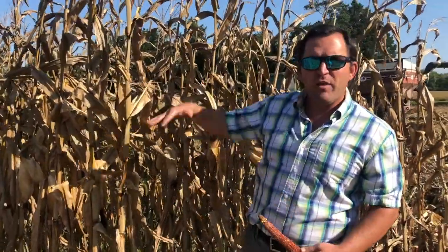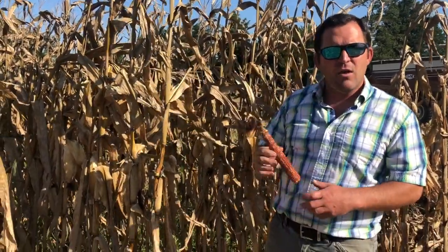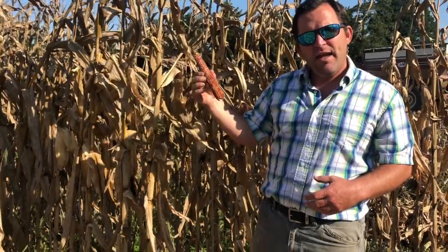So corn plants are a lot different than the soybean plant, where they're really tall. The soybeans are really short, and the soybeans have a lot of pods on them with a lot of soybeans, like a couple soybeans in each pod. And where the corn plant is one big tall plant, it has 1 or 2 ears on it, and it has all the seeds